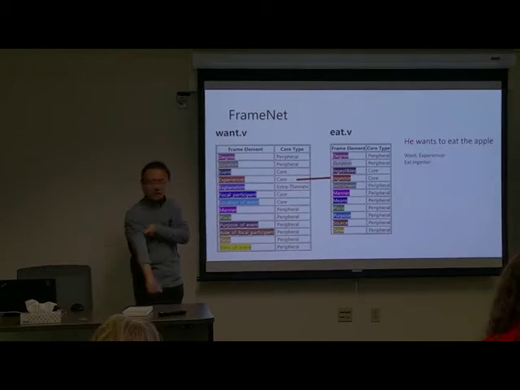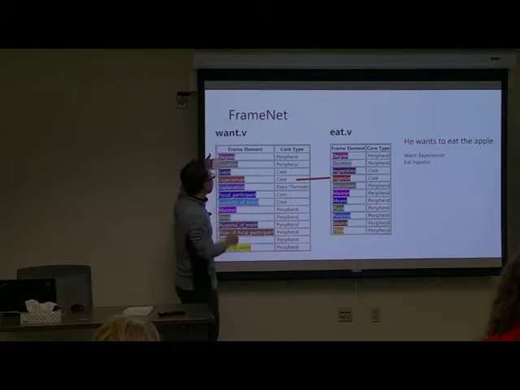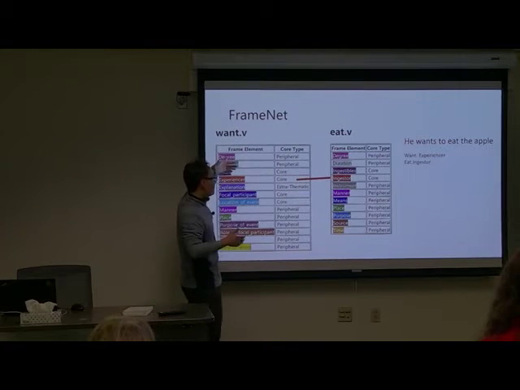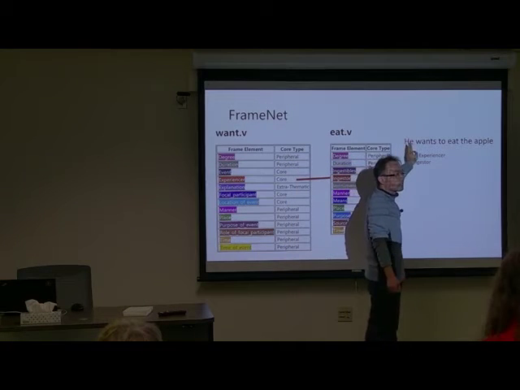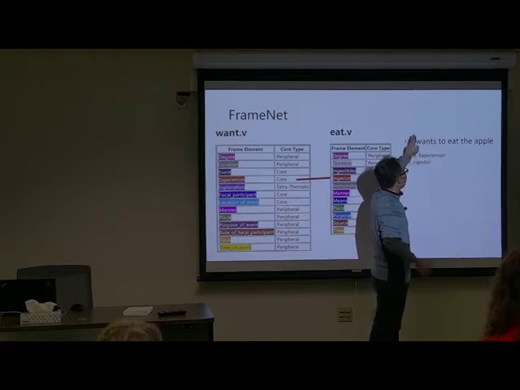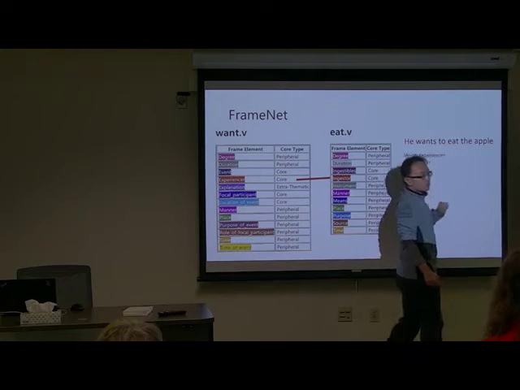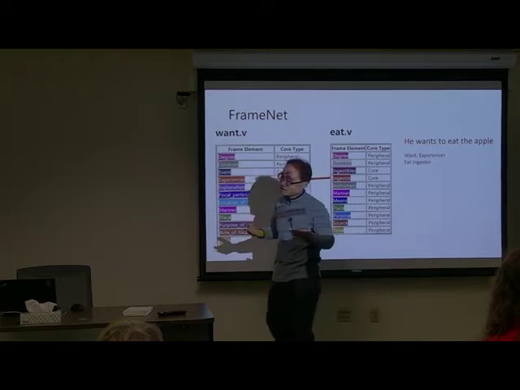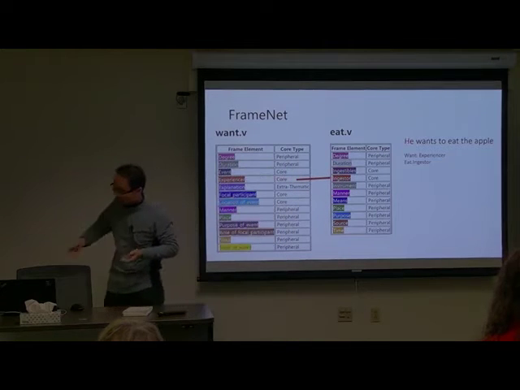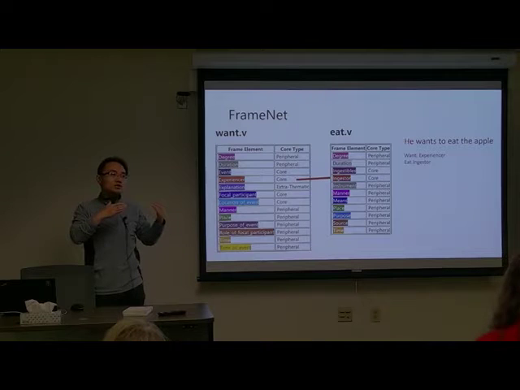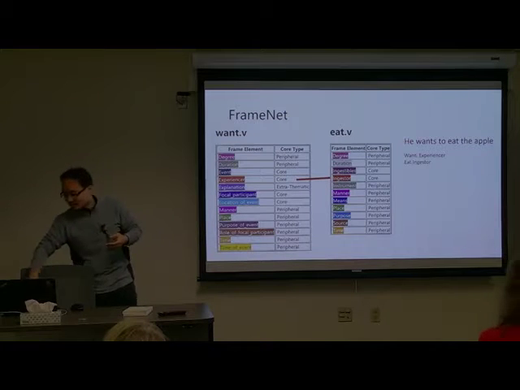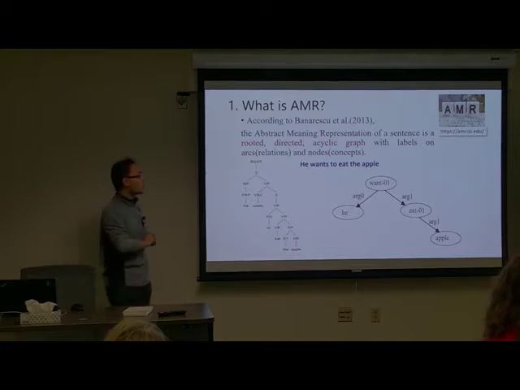To make it clear, in FrameNet, they do such things. They would say, he is an argument both for want and eat. So he has two semantic roles. But they would try to annotate this twice. So in AMR,